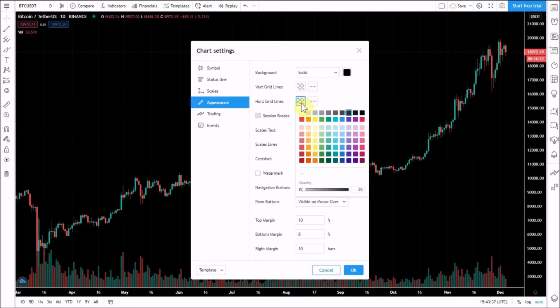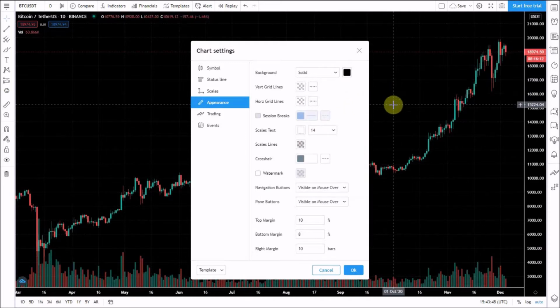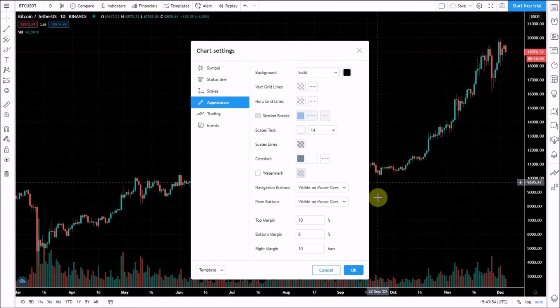Okay, and let's do the same for the horizontal. We're going to go with white and 24. Okay, now you can see the vertical and horizontal grid lines. And that's about it. That's all you need to change on this particular window, so let's go ahead and close